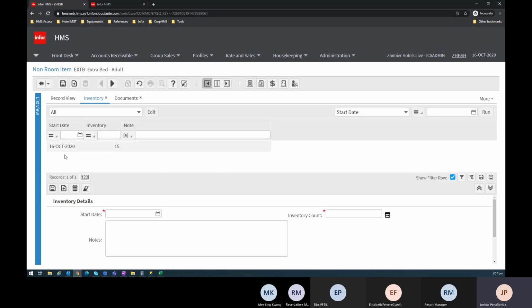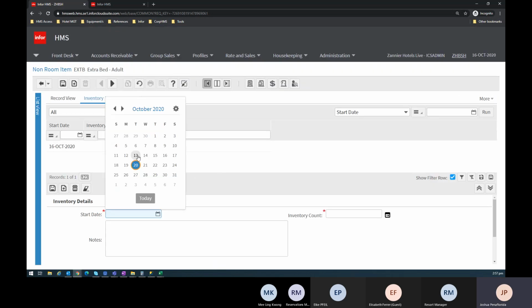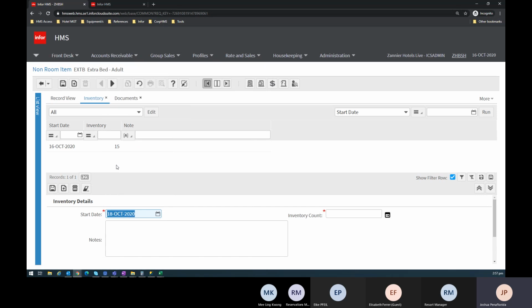Now let's say on October, let's put it 18, I would be reducing my inventory from 15 to 14. I'll be taking one of my inventory out. What I can do is select the date from here and put the final inventory count, not the adjustment, but the inventory count itself. 14,